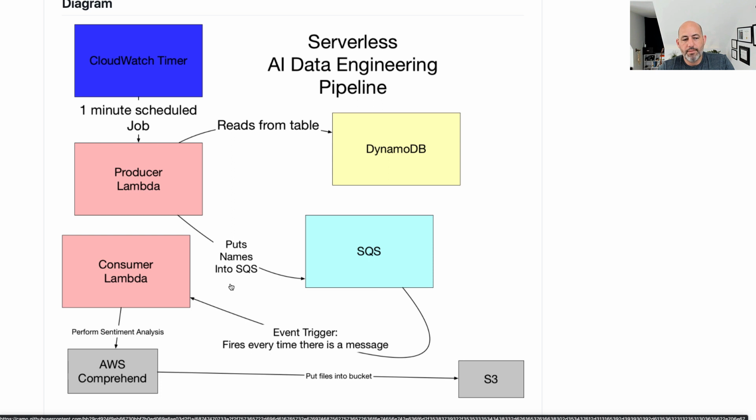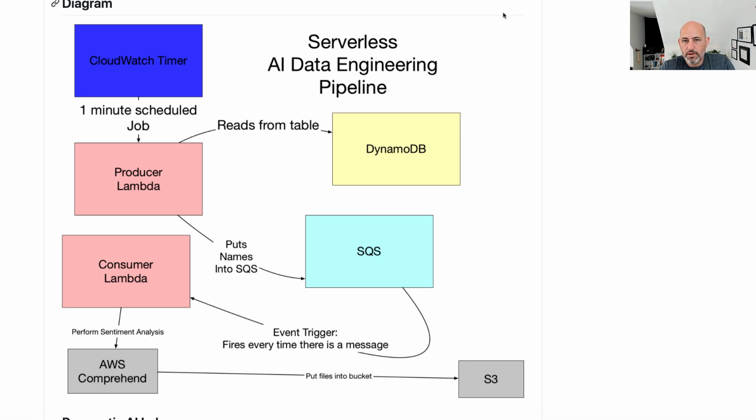So what I'm going to do next here is build a consumer Lambda that can go to the Wikipedia pages of these companies, grab that data, and then perform natural language processing on the data, and then write the results to an S3 bucket. So to do that, what I will do is